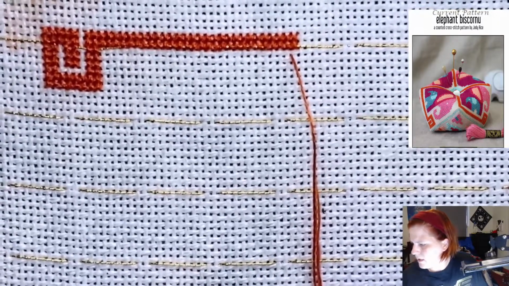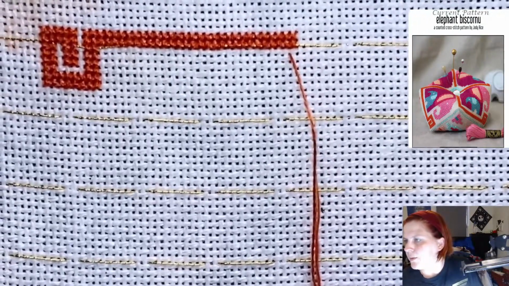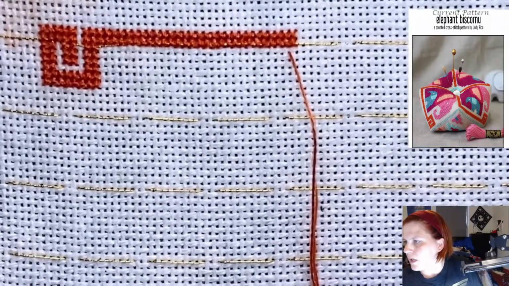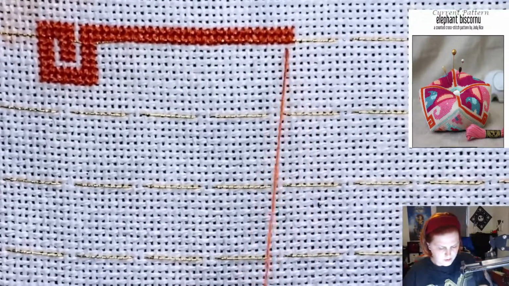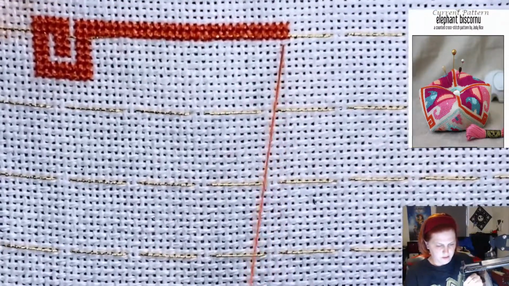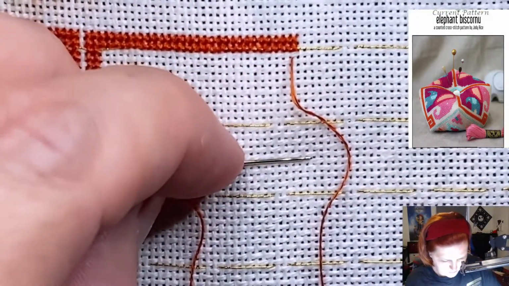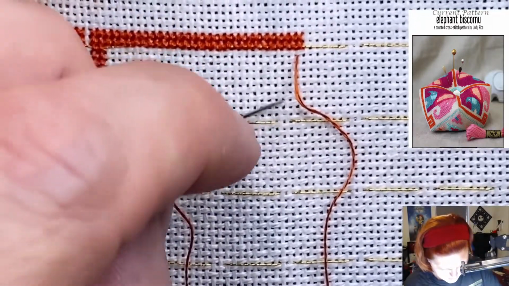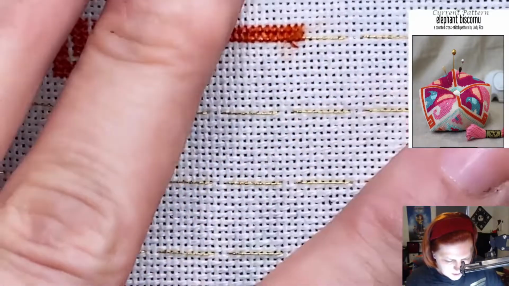How many down am I going? There's 10, 20. I'm going a good 30 down, so most everything else will be downward stitch. So that's 10, that's 20. Yep. Alrighty.